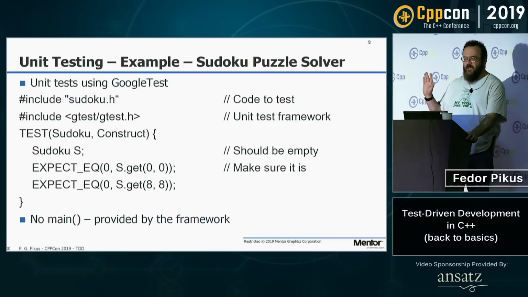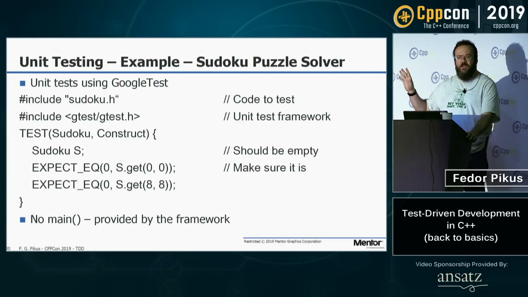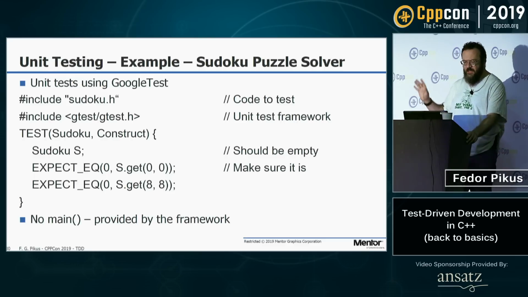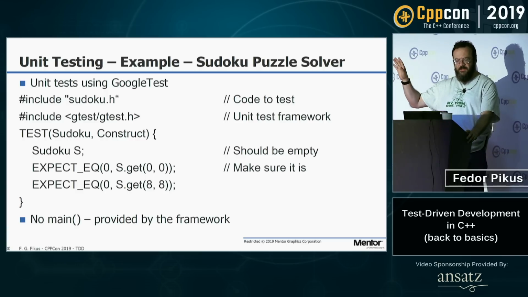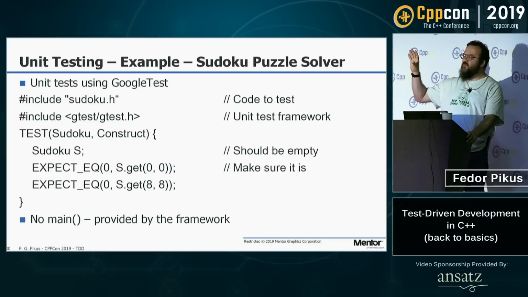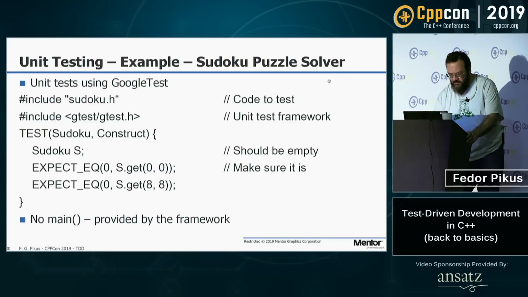Okay, I'll show you the Google Test framework. There are other unit test frameworks. Fundamentally, they're all very similar. Names change. The idea is the same. You include the code you want to test. You include the test framework, and then you do the test. A test has a name. In Google Test, they let you group the tests by group, so group name, test name, doesn't matter. And inside of the curly braces here, that's your code. That's what you're testing. So this is the actual code you're testing.